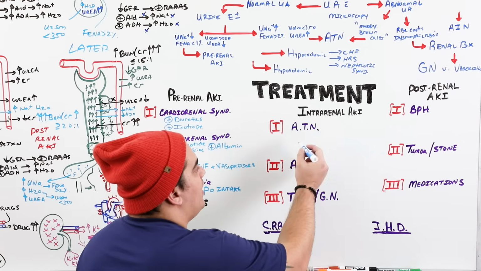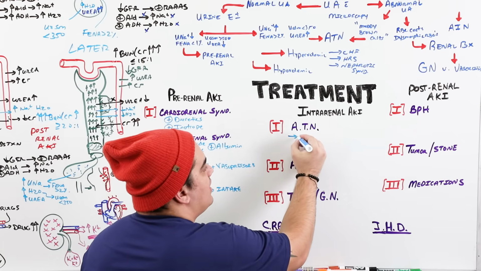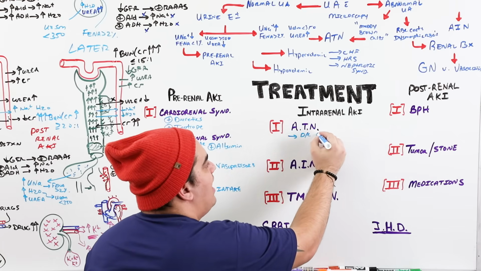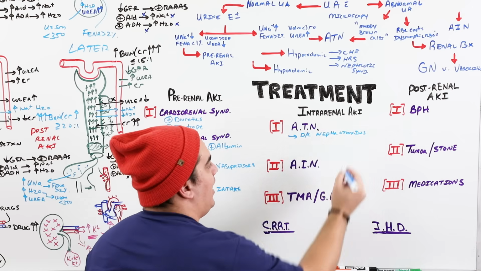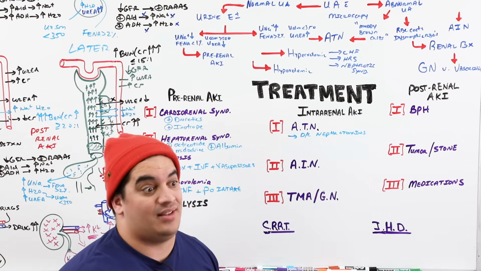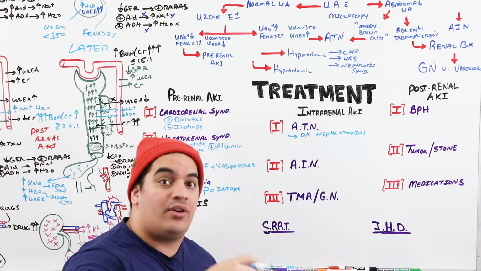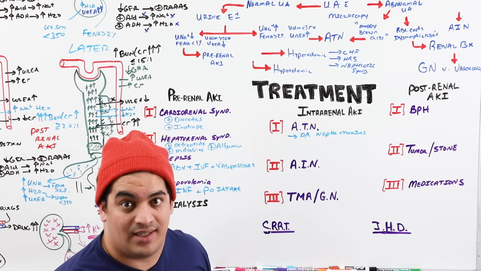And so what we do, with ATN, is we have to figure out what the underlying cause is. So what's the biggest one? Those nephrotoxins. Stay away from those sons of guns, right? Stay away from the contrast if able. Reduce the concentration of the vancomycin. Discontinue if it's not necessary. Consider another antibiotic instead of aminoglycosides, right?